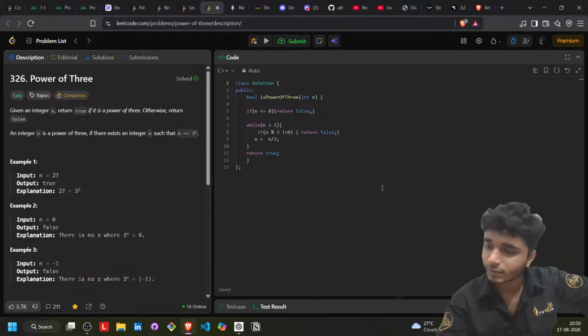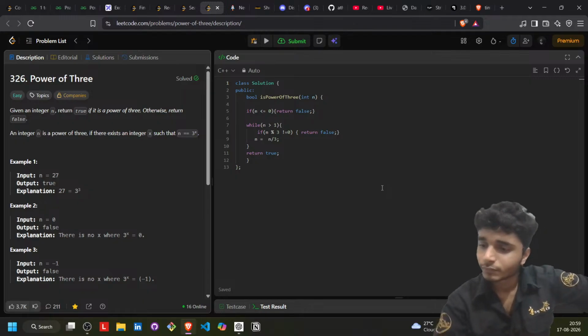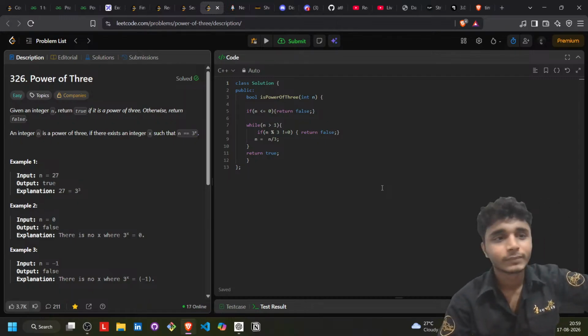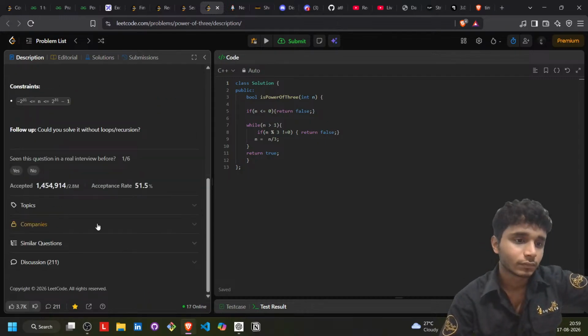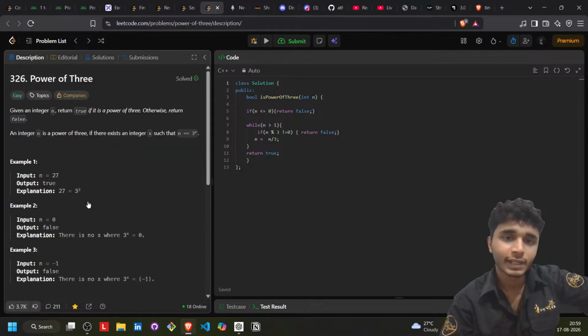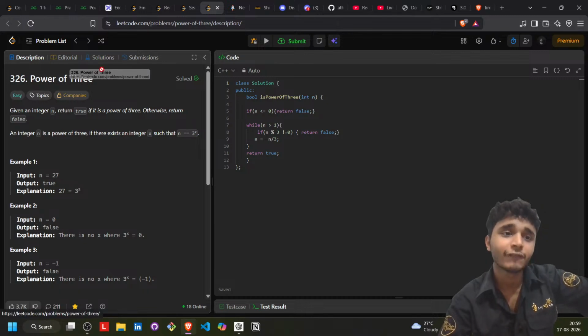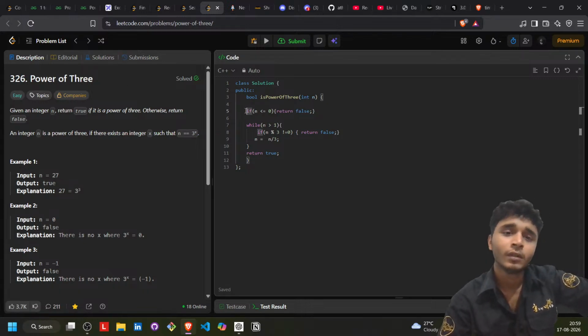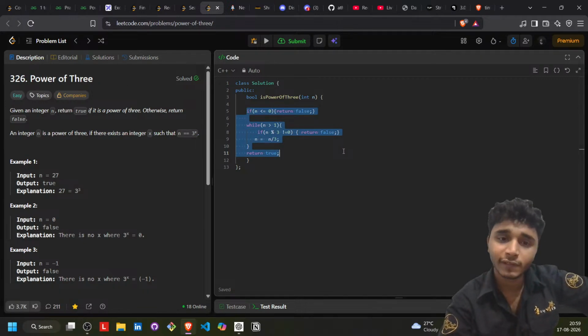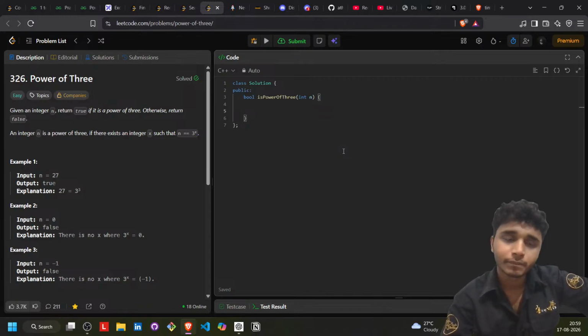Yeah, should we do this using recursion? Okay, we can use recursion in this, and we have to check if a number is a power of 3 or not. So in the recursive function, what we will do, okay, before doing this, we will first do